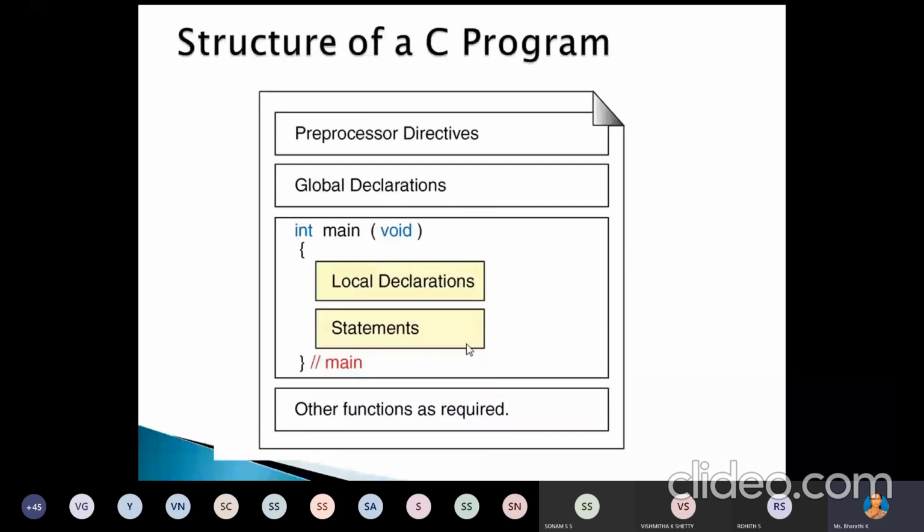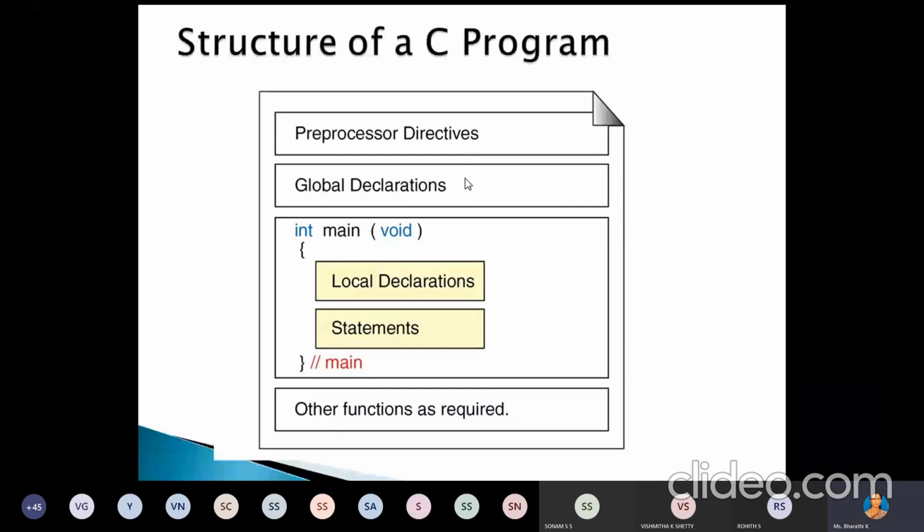Then end the main function. All the statements we have to write inside the open curly bracket and the close curly bracket. And if you have different functions in your program, you can write them here, or here also. Right? This is one simple structure of a C program.